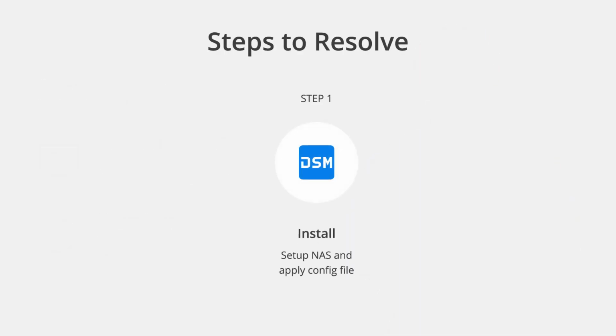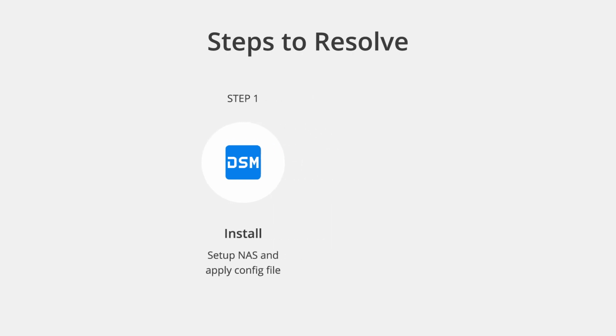First, after taking delivery of your new replacement NAS, you're going to want to install the NAS operating system, and that is DSM, or DiskStation Manager. After you get that all installed, you're going to want to apply the config file that you might have backed up through your Synology account originally. This is a new feature inside of DSM 7. What this is all going to accomplish is it's going to get all of the checkbox changes and all the settings that you made on the previous NAS applied to your new replacement NAS.